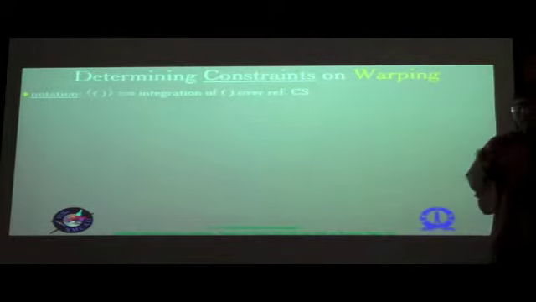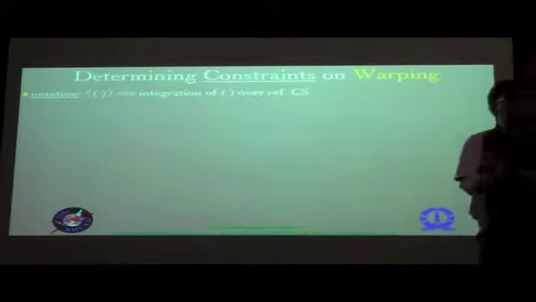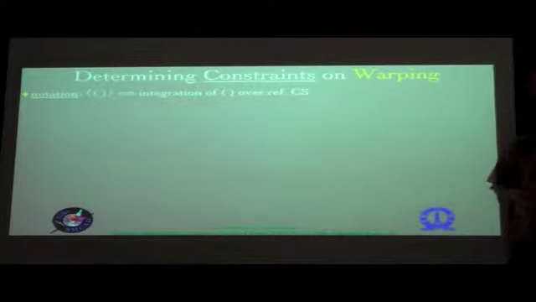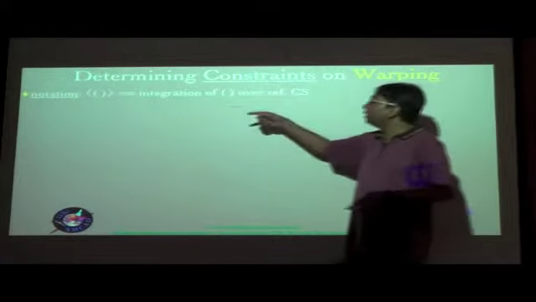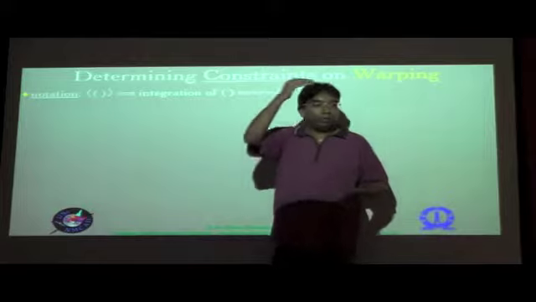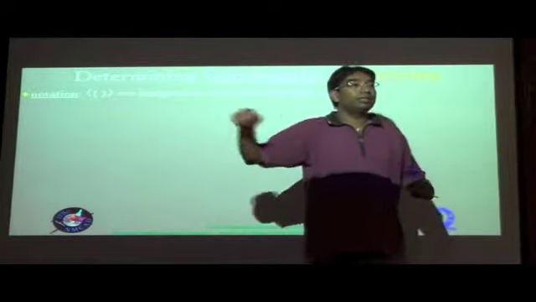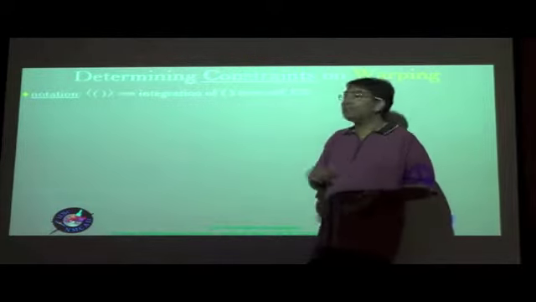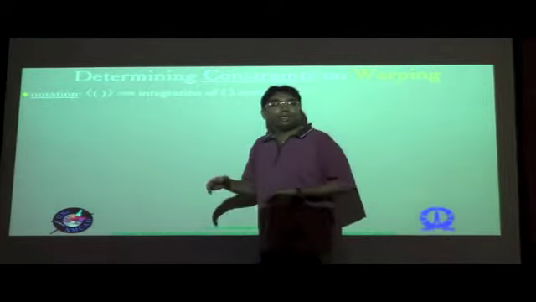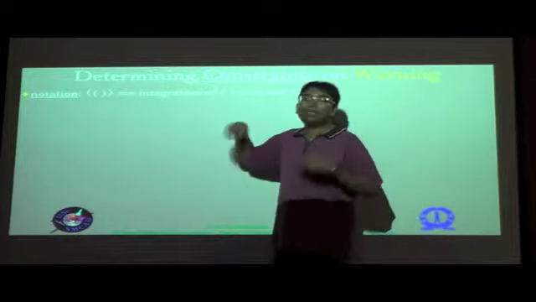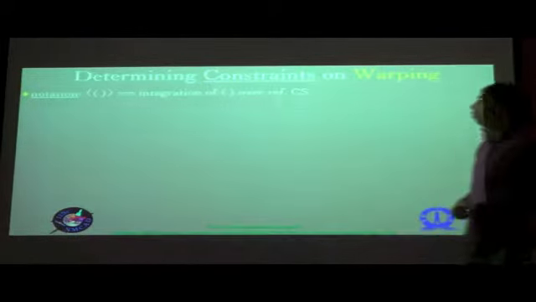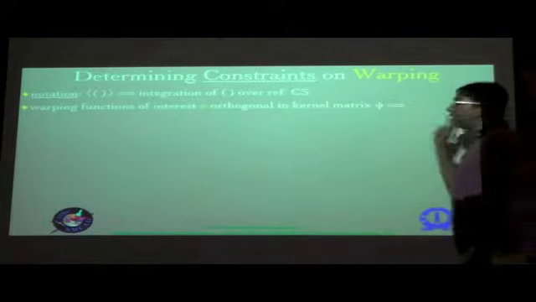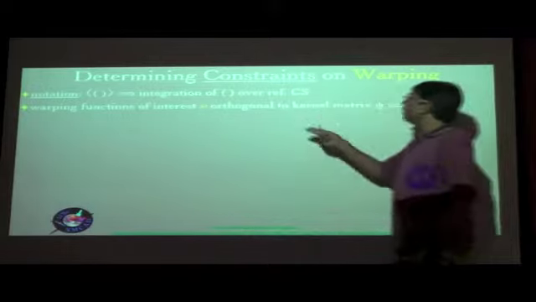So if it's a rectangular cross section, for example, of width b and height h, with the origin at the center of the cross section, then what it would mean is an integral from minus b by 2 to plus b by 2 as far as dx2 is concerned, and minus h by 2 to plus h by 2 as far as dx3 is concerned. And that's basically the integration, but whatever the shape of the cross section, it's basically an integration over that domain. Next, the warping functions of interest, that is basically the yellow colored w's, now are orthogonal to the kernel matrix,